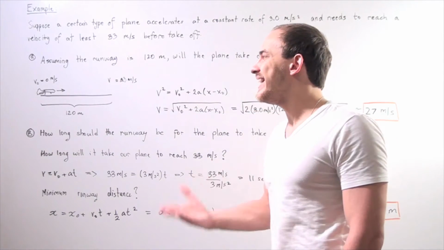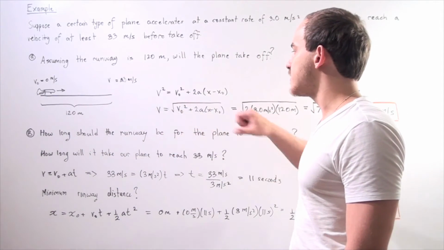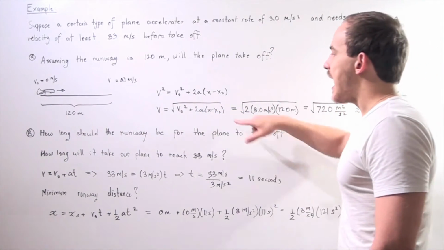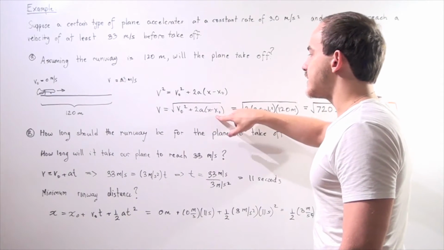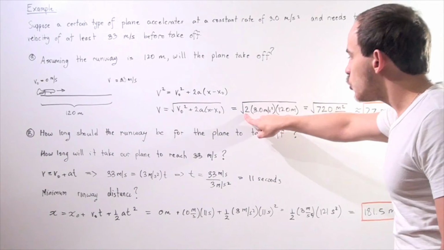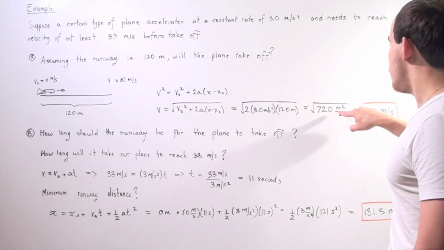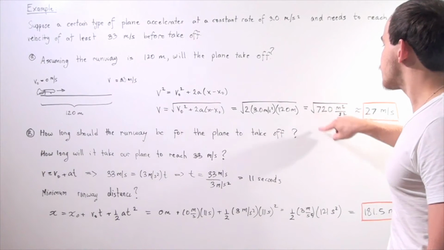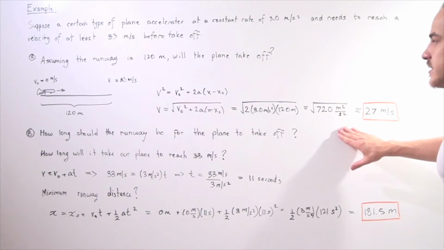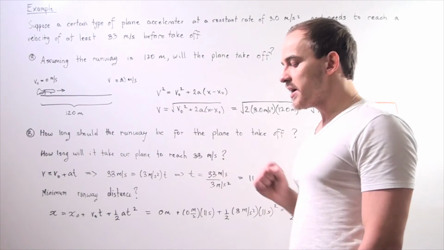So now we simply plug in our knowns. We know our initial velocity is 0, so this term cancels out. Now, our acceleration is 3 meters per second squared. Our displacement is x minus x initial, so that's 120 minus 0, so it's simply 120. So we have 2 times 3 times 120 is 720 meters times meters, so meters squared divided by second squared, and you take the square root of this whole thing. Now, plug this into the calculator and we find that our final velocity of our airplane is